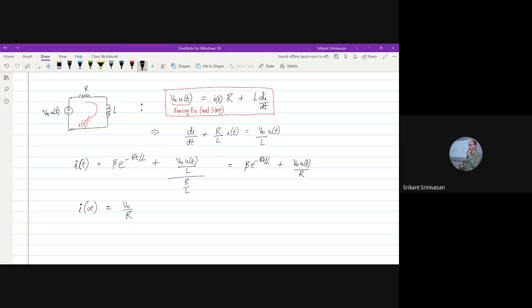Does everybody understand the step function clearly by now? Yes, sir. Okay, so step function means at time t less than 0, this is 0, and at t equal to 0, the value is 1. So this is a function u(t). Since we are talking about t tending to infinity, what is u(t)? It is equal to 1, because I don't have to worry about this point. I'm somewhere far away at t equal to infinity. So I'm left with I of infinity is V naught by R.